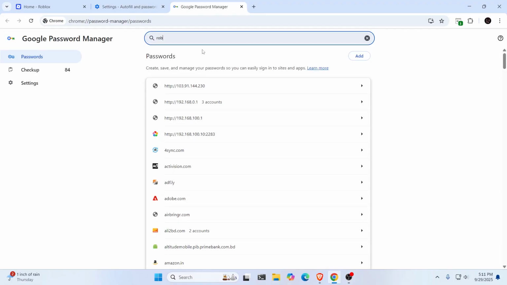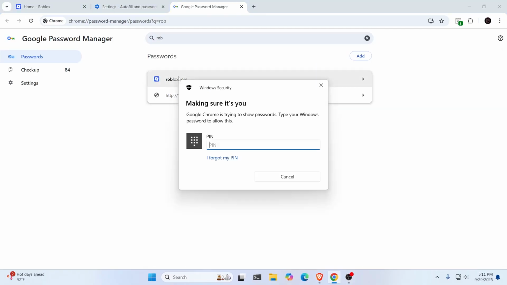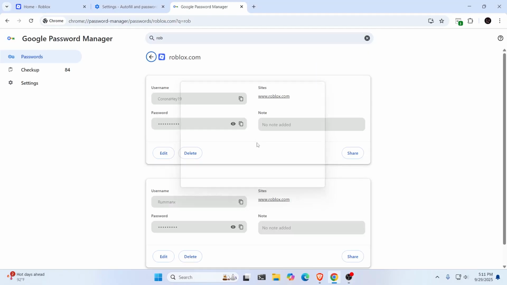And in here, type for Roblox and click on this, and then just give your PIN, and here you'll be able to see your username as well as password. And that's basically it. And that is how to see your Roblox